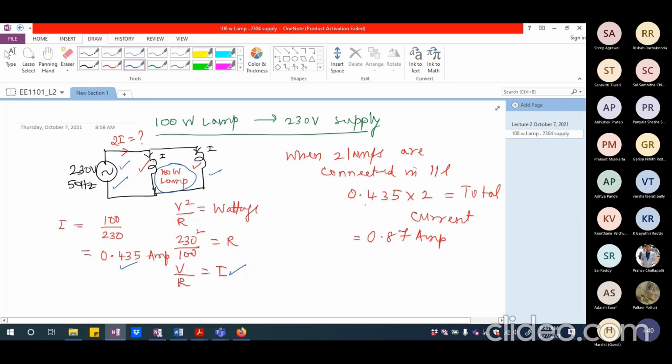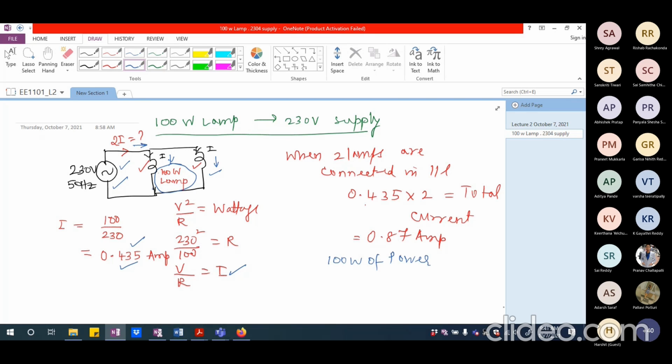That will be basically 2 times the original current of 0.435 amperes, right? Because this is going to draw a current of I, and this is going to draw another current of I. And the total current supplied by my power supply at home is going to be 2 times I, which is 0.87 amperes. So each of the lamps will be in a position to give me 100 watts of power